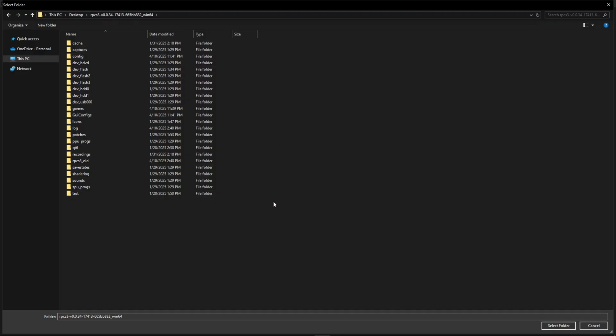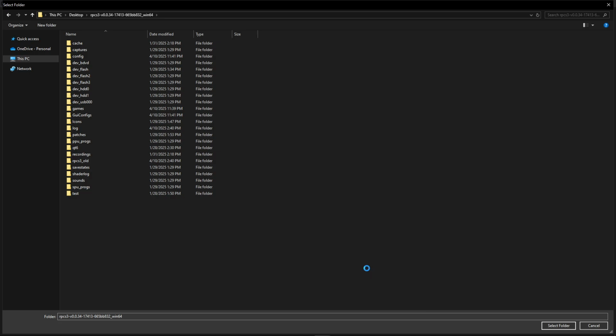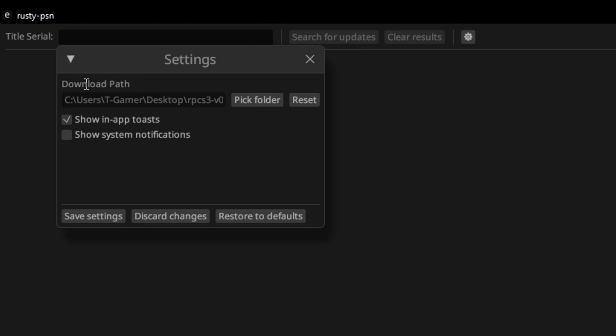In here I like to right click anywhere on this folder, select the new option and select folder. You can name this whatever you want, so I'm just gonna call this update. Still here, click on this folder and pick the select folder option on the bottom right side of the screen. Now the download path is going to change. And we're done here, so click on Save Settings.